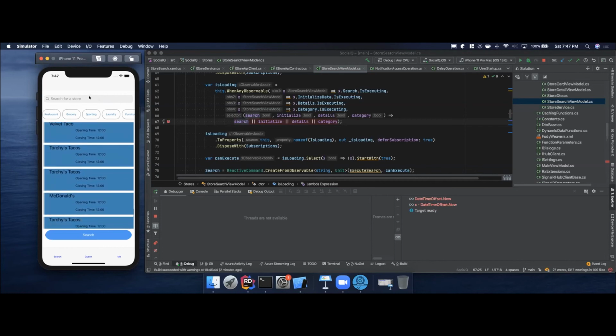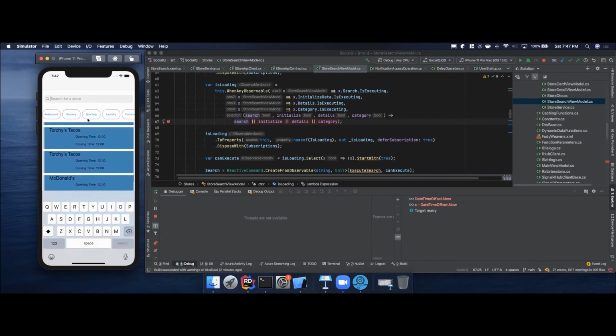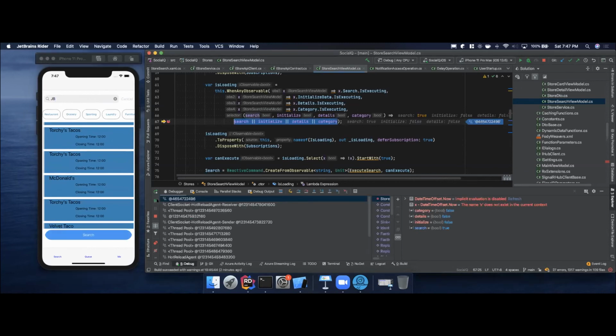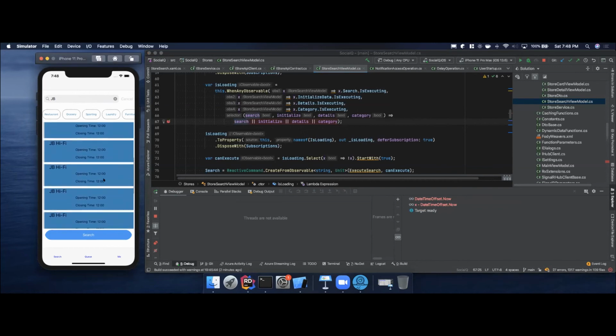If I can find one, Glenn, what's one of the things that's in Australia? Because I'm pretty sure I wired up some Australia stuff here for you. I want to say, was it JB? Maybe, yeah. Let me click search, and search is executing. So maybe JB, yeah, JB Hi-Fi. So yeah, JB Hi-Fi is one that's in